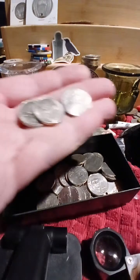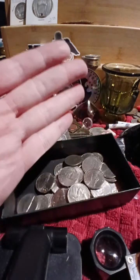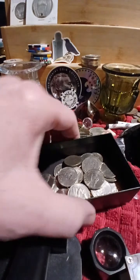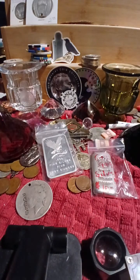Well, none of the rest of these are 2024s. So I didn't have much luck. So that's another row's worth of nickels I'm going to take to the records store and turn them in for a coin for a couple dollars, a couple singles. But yeah, since silver dropped so much,